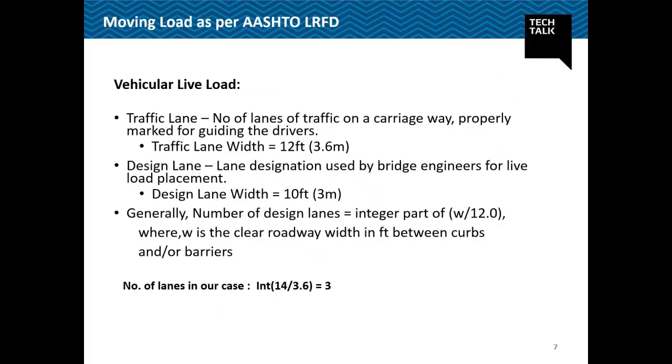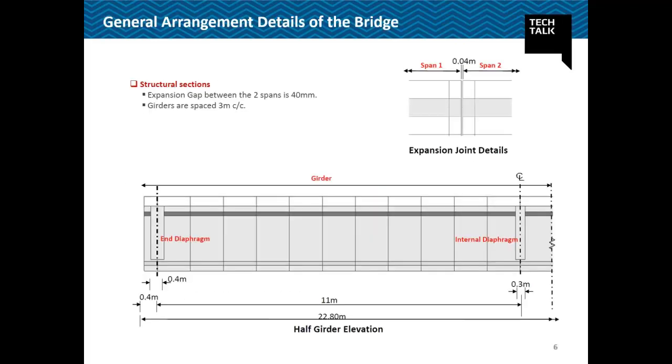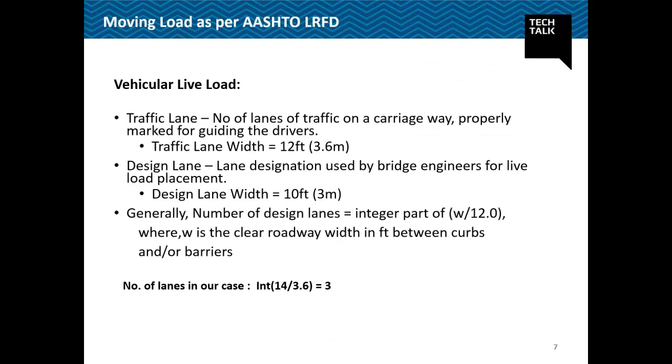Okay, so now we have done the modeling. Now we are going to apply moving load on my superstructure. So basically, as per AASHTO LRFD, you all may be knowing that if I want to find out the number of lanes, what I need to do is divide the whole carriageway width by 12 feet or 3.6 meters. The integer part of it will be the